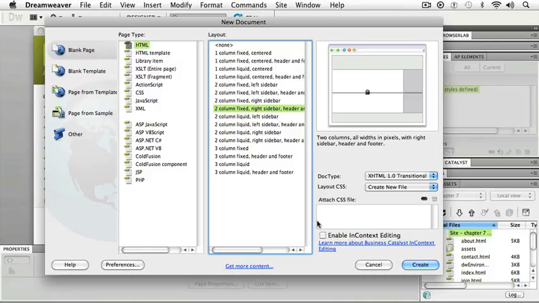Now we'll talk about this a little bit later, but I can enable in-context editing from here. In-context editing is something that we could also then use with Business Catalyst, which we will also talk about a little bit later on. But basically, it's a way for me, without an actual CSS, kind of like a template, to allow my client to be able to edit themselves. So I'm going to create,